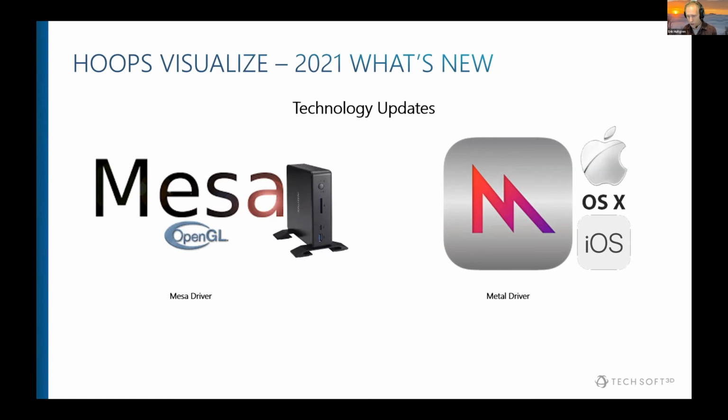And every fall, we worry that this is the year that they're going to rip it out and it will no longer be supported. Why is that a problem? Our partners who ship on it right now, their graphic systems would not work. And so we had to add Metal to isolate our partners from any changes to that underlying technology platform. Now that Metal has been rolled out, if Apple chooses to get rid of OpenGL, our partners can just change a few lines of code and they have support for Metal. So no disruption to their customer base.